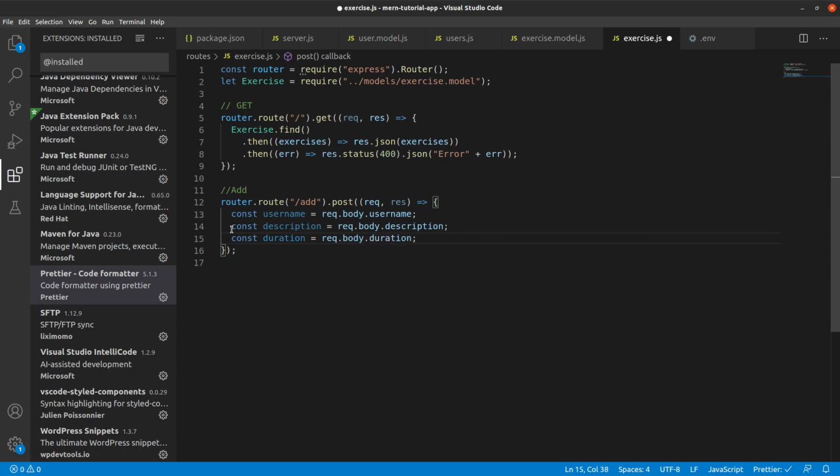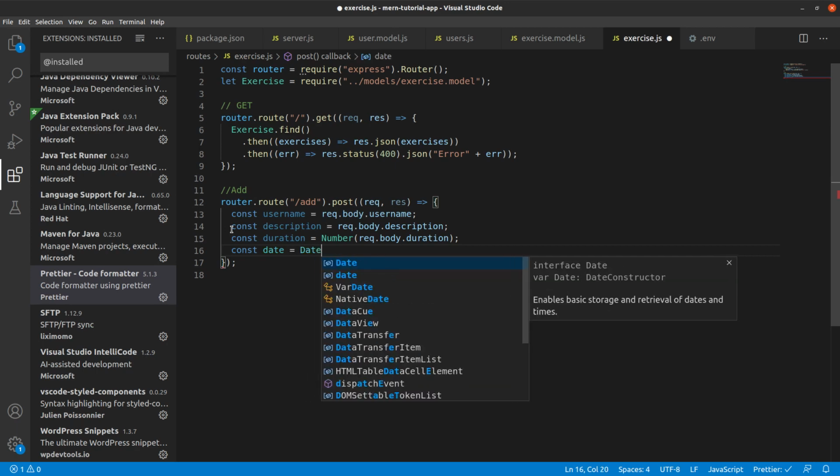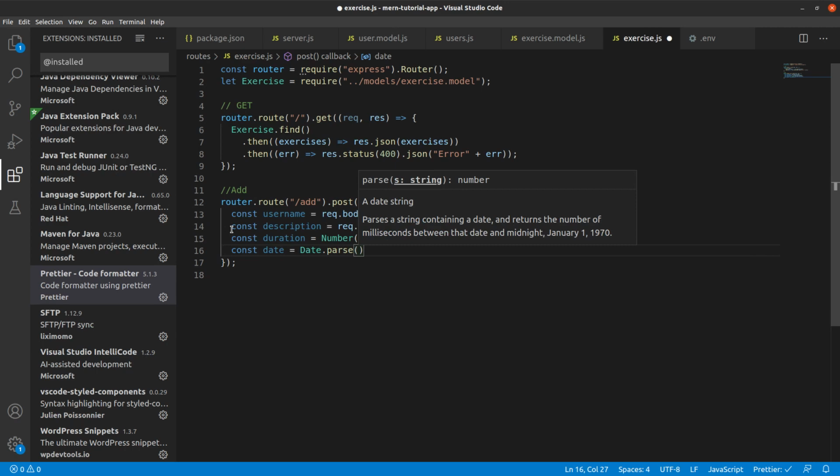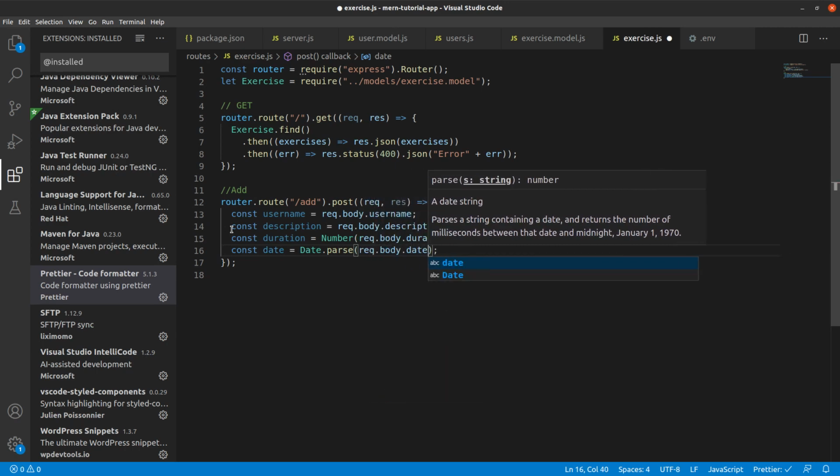Okay, and this will be a string by default, so we might want to wrap it with Number, and const date equal to Date.parse of request.body.date. Yeah, so that's how you will get the date.